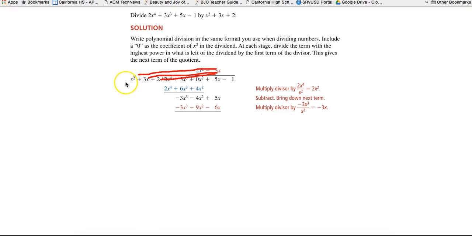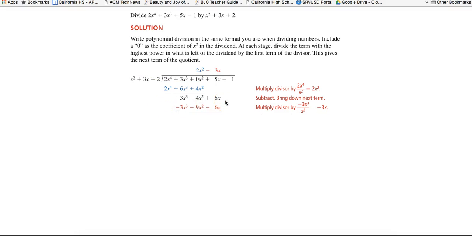So negative 3x times x squared gives us negative 3x cubed. Negative 3x times 3x gives us negative 3x squared. Negative 3x times 2 gives us negative 6x. Now, what we have to remember is we are taking this entire term and subtracting that from this polynomial on top. So remember, any signs here are going to have to change when we distribute this negative to our